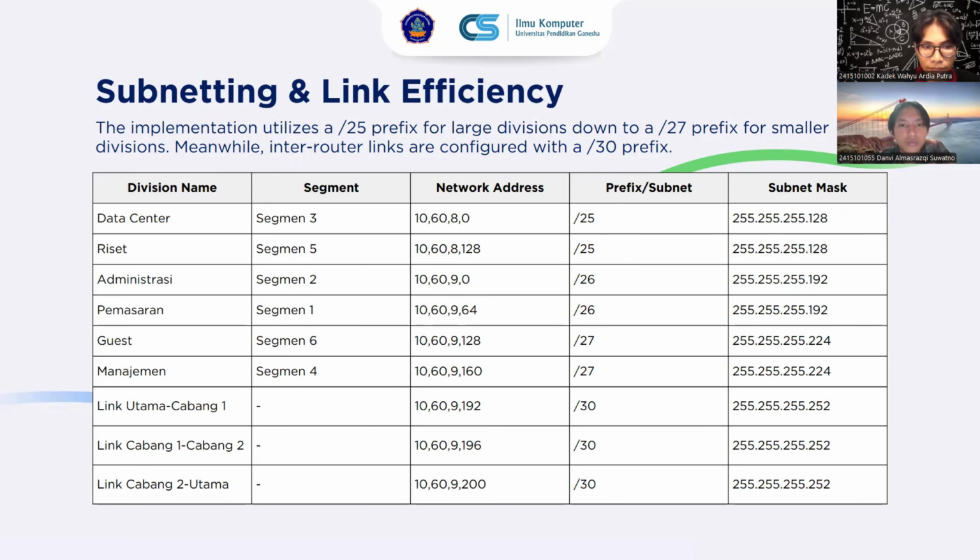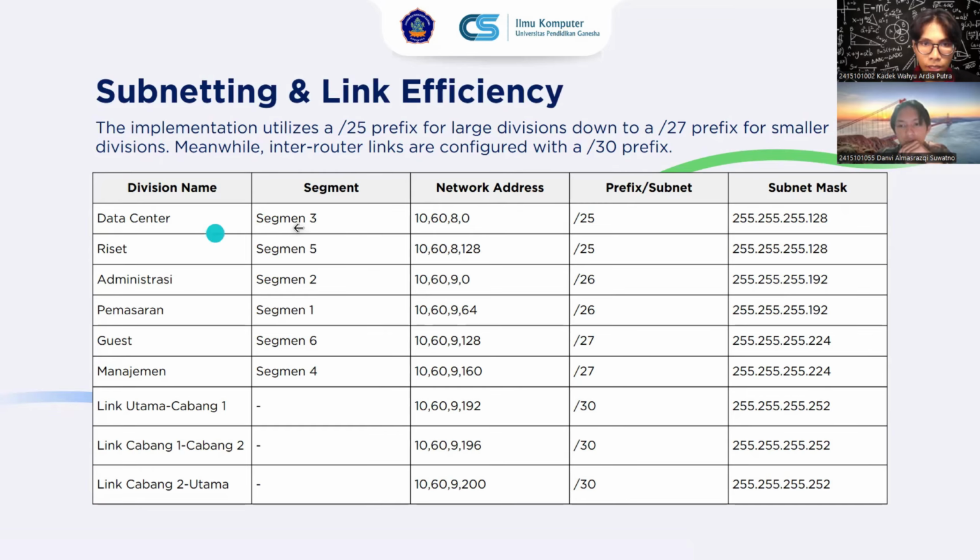By maximum efficiency, we mean we have successfully minimized wasted IPs. By using /30 for router links, we only take 2 IPs out of the 1024 available in the master block, allowing us to focus the abundant remaining addresses on PC requirements for each division and future company expansion.